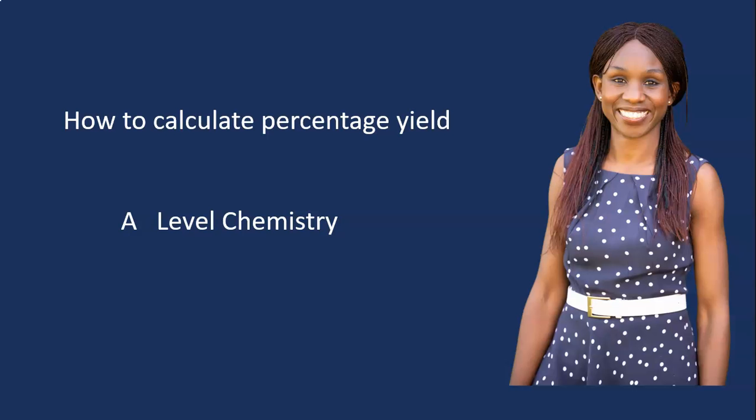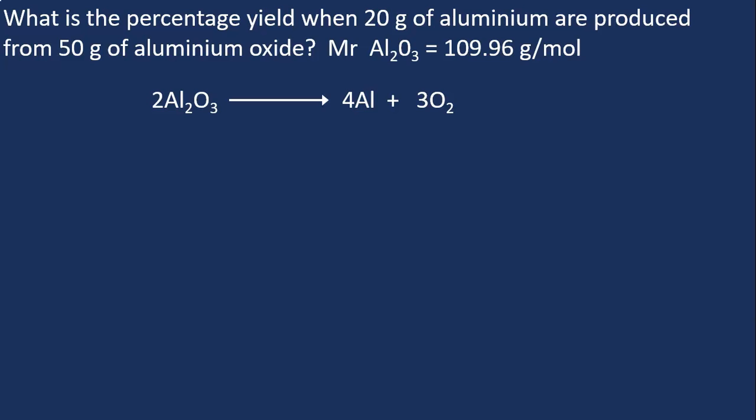In this video, I am going to show you how to calculate percentage yield using the number of moles. Here I'm showing you an example where aluminium oxide is decomposing to give aluminium. We are asked to calculate the percentage yield when 20 grams of aluminium was produced from 50 grams of aluminium